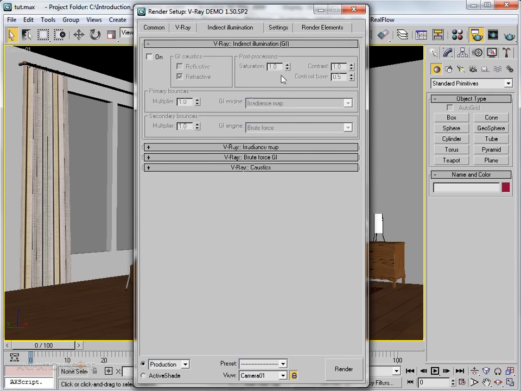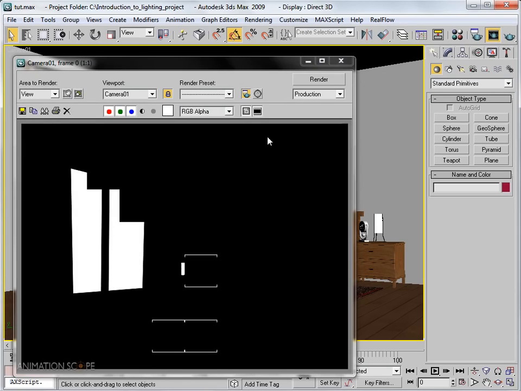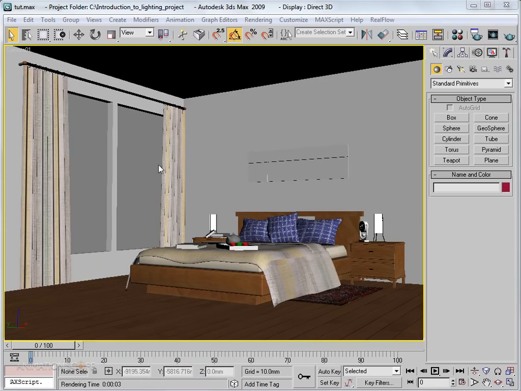Now if I render out my scene by just hitting the render production button, you can see we have only this thing and this thing, but there is no light in the scene because we have switched off the default lights. That's why our whole scene is black. So first we need to place some lights in our scene. Okay, let me quickly go to my viewport